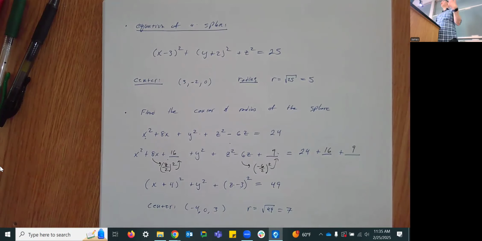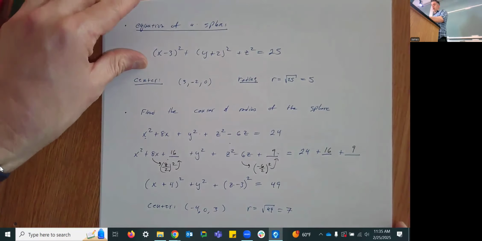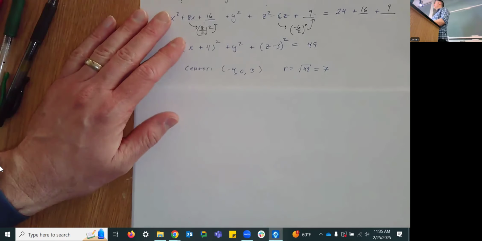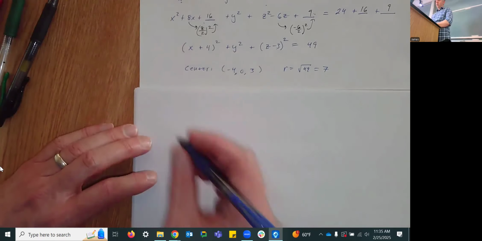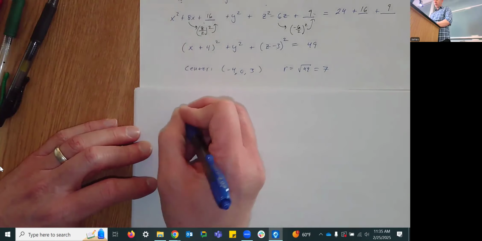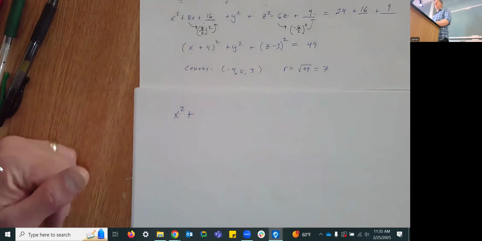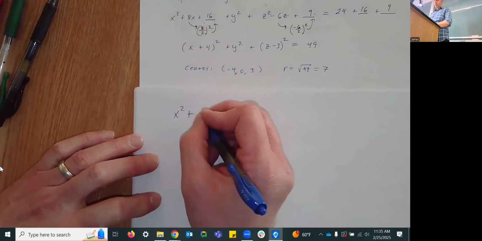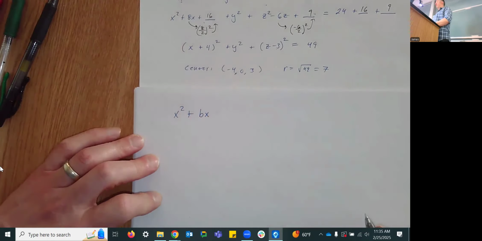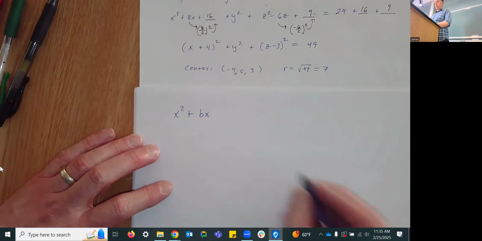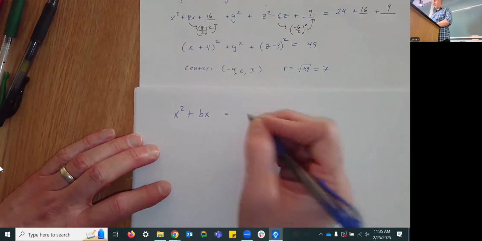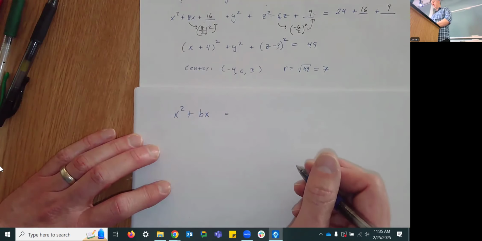Sure, so that's the typical process for completing the square, because what we're really doing here is we're saying, if I want to write, say, x squared plus any number you want, I'm going to make it general. It's going to be kind of funky, but we'll do it. x squared plus b times x. If I want to write that as something squared, what I would do is I would write it, and let's say it's equal to,